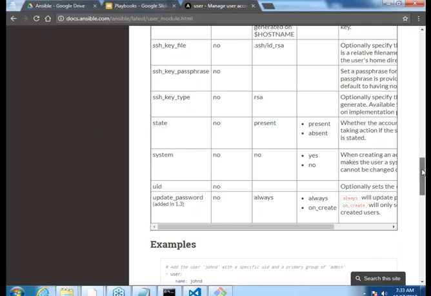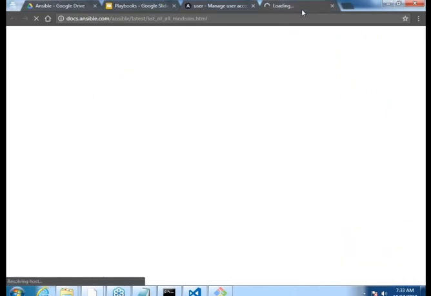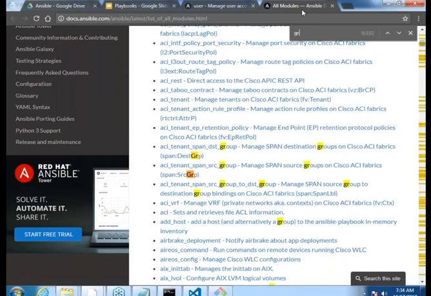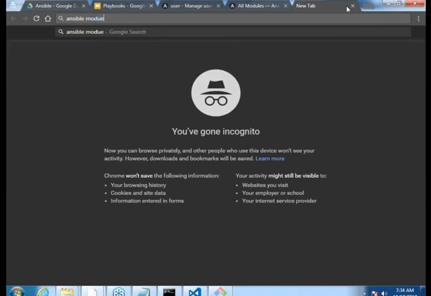Now, the second module which I want to work on is, let me go into all modules. But the problem is it is difficult to find it because there might be multiple modules which contain the word group. For example, if I search group, you will find many, because it is not just user groups. There are many other groups in Ansible modules. So the safer bet is always Ansible module